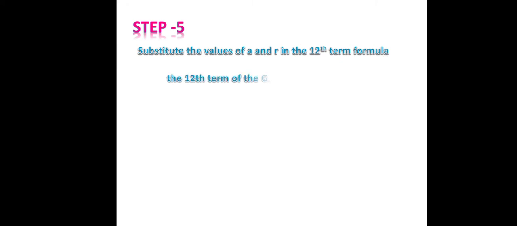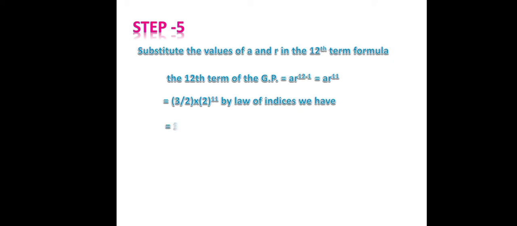Then followed by the fifth step, we have to substitute the values of a and r in the 12th term formula to find the 12th term. So we have the 12th term as a into r to the power of 11. Substituting the values of a and r, we have 3 by 2 into 2 to the power of 11, and by the law of indices we have 3 into 2 to the power of 11 minus 1, which will be equal to 3 into 2 to the power of 10, which is equal to 3 into 1024. So here we have the 12th term as